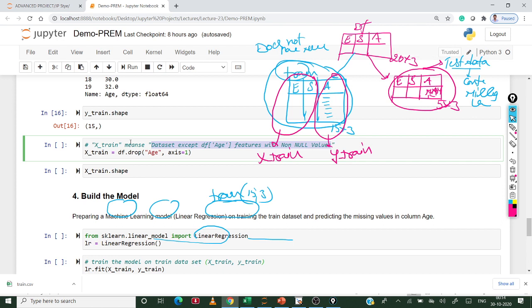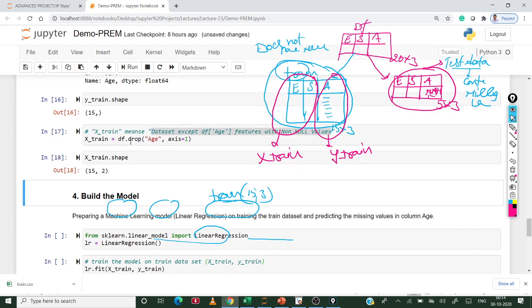So which means cell number 17 and cell number 18. This cell number 18 result is 15,2. 15,2 means only experience and salary.